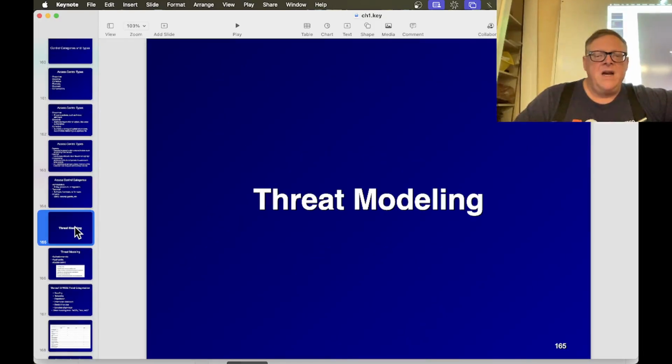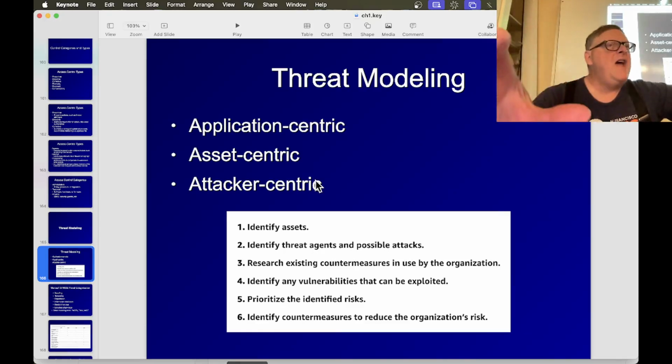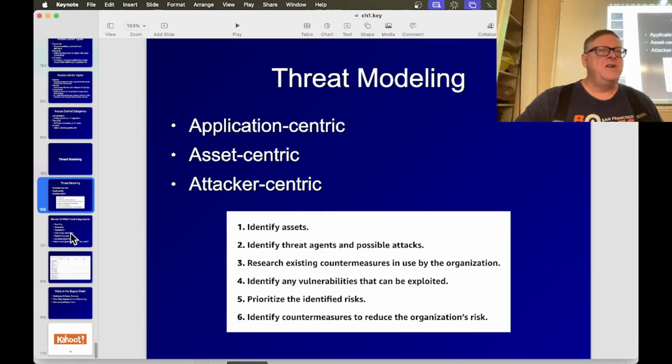So you also do threat modeling. You can either focus on your application and say what could hurt it, you can focus on your asset and say what could hurt it, or you could start with the attacker, who's going to attack us, and then what are they likely to do. These are all fine ways. Different companies use different policies, different ways of doing this, but you have to have some way of modeling